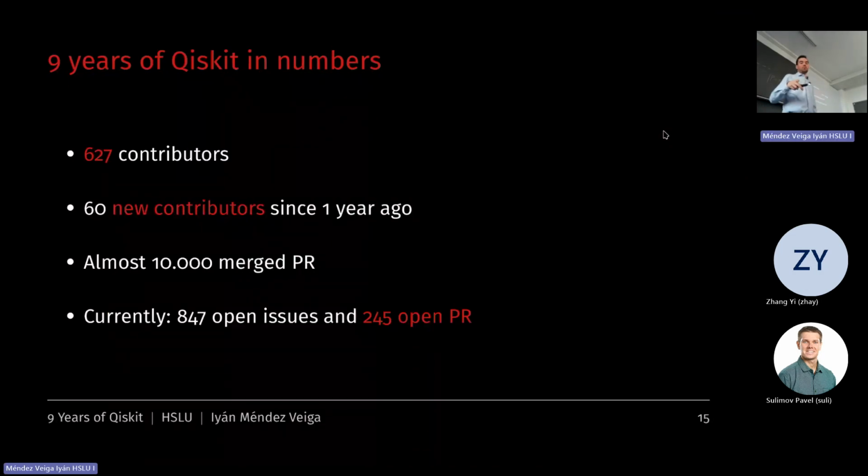And I think this is one problem. Currently there are 847 open issues. Most of them are irrelevant, but someone has to go through them and say, no, this is not relevant, this code does not exist anymore, or this is not an issue anymore. And 245 open pull requests. I want to mention that some pull requests are years old, so they are not relevant anymore as well. So you see that if you report an issue and it clearly affects or impacts what IBM is trying